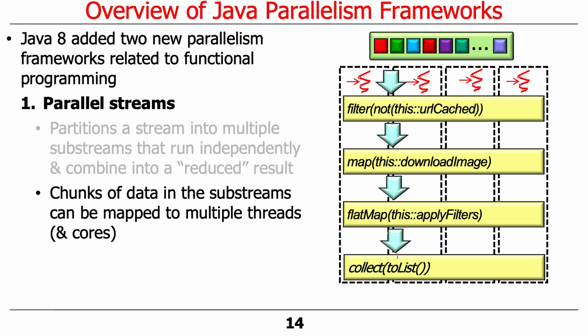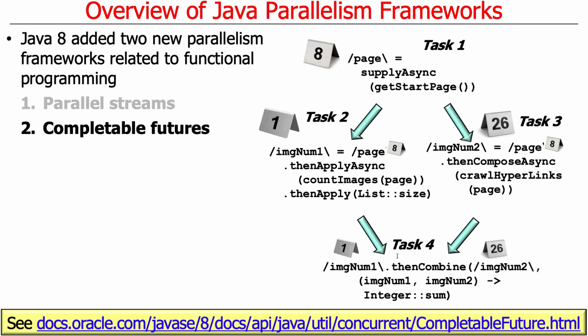When we move into completable futures, you will see very quickly as we get into this that they are much more complicated. And that's because you end up with a bunch of asynchronous tasks that can run in parallel, and then they take the results as the asynchronous results complete. You can then chain together various so-called completion stage methods to handle the results. So we'll talk obviously a lot more about this, and I'll explain what this diagram means. But when you first look at this diagram, it's like, what the heck is going on?